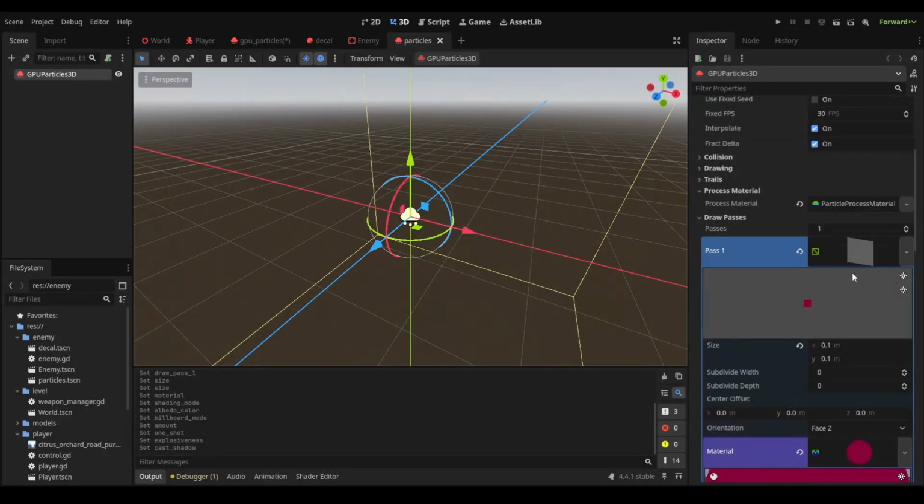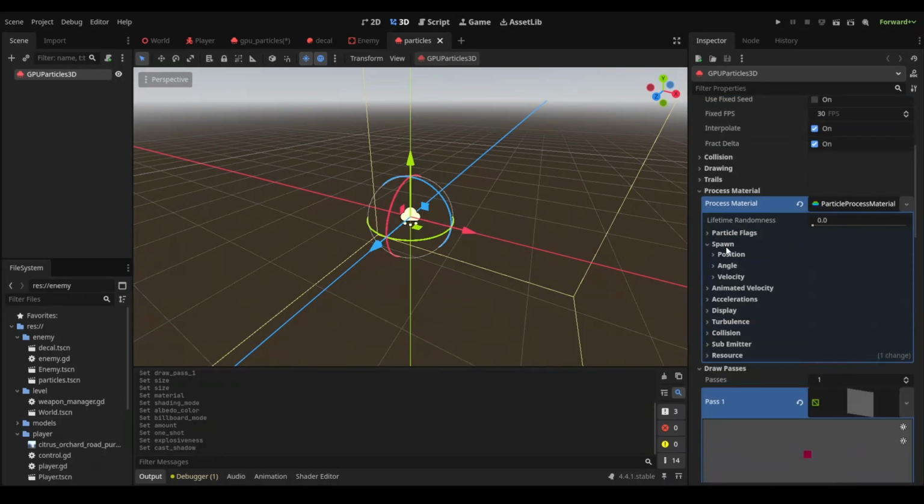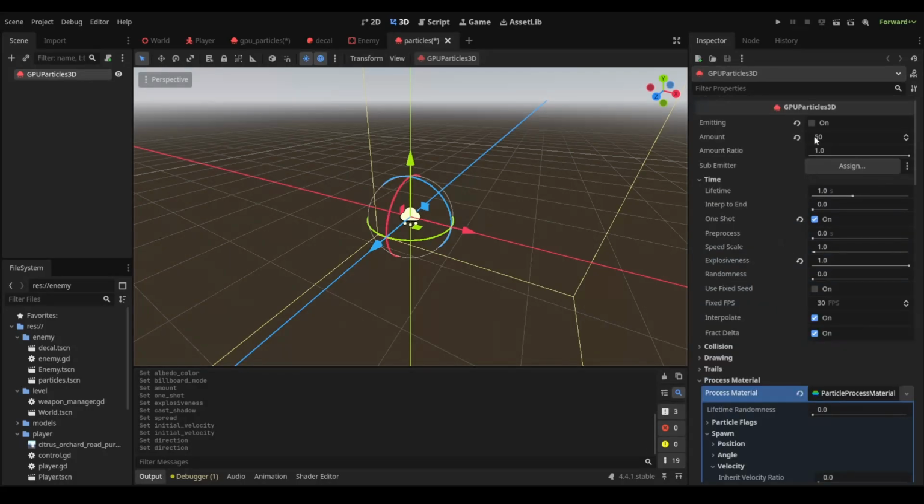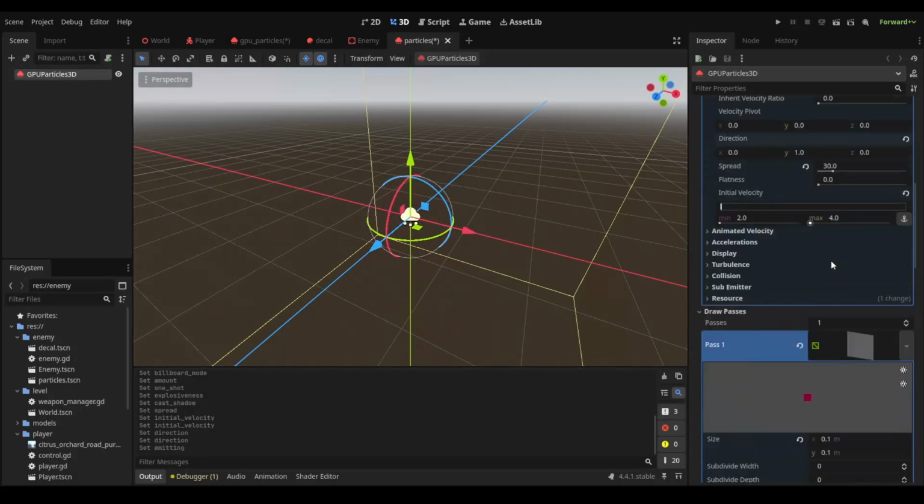At the end, let's configure our particle process material. We want to change the spread in velocity tab to 30, so that it's less flat, and initial velocity to 2 minimum and 5 maximum. We also want to change the direction of the velocity to be up, so x should be 0, y 1